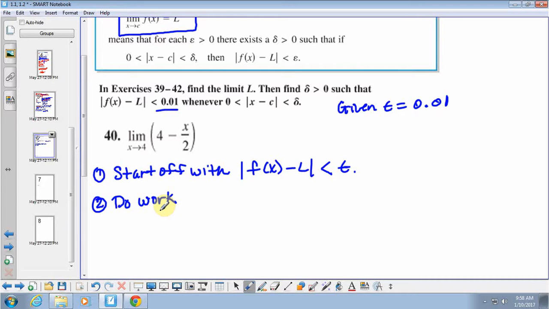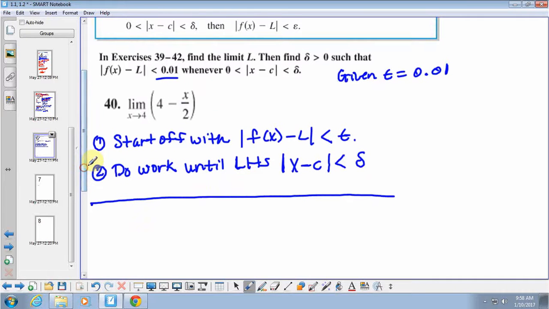But we're going to do some work until the left-hand side of this thing here looks like the absolute value of x minus c. Okay? And over here will be some number, and that's going to be your delta. So in other words,